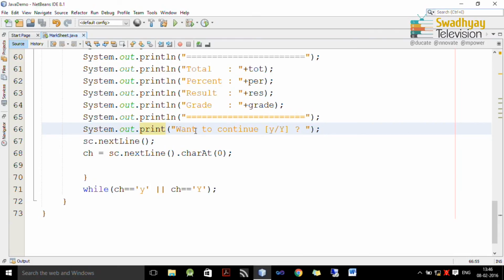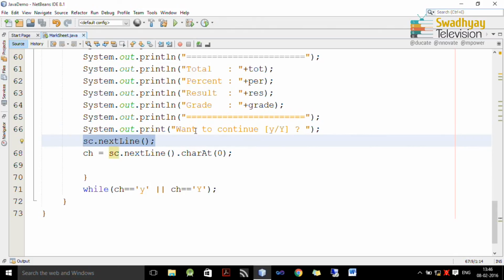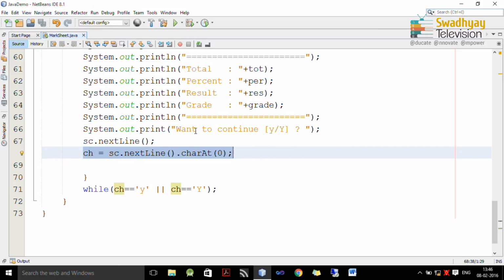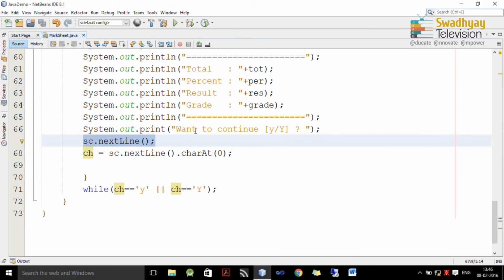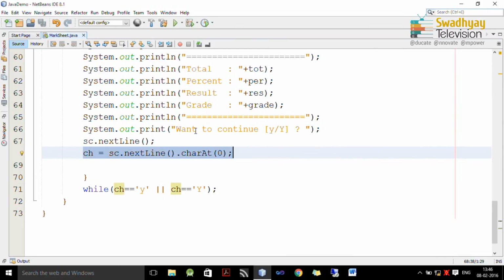If he presses Y or capital Y, then here we write down sc dot nextLine, because the last enter we need to consume, otherwise enter will be considered as ch, the last enter which is for the last input, we press enter. So, that will be consumed by writing sc dot nextLine,